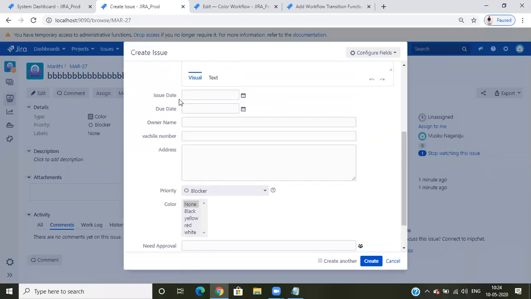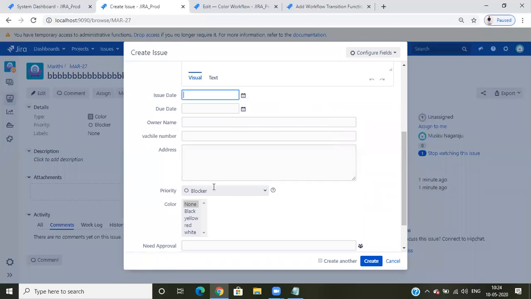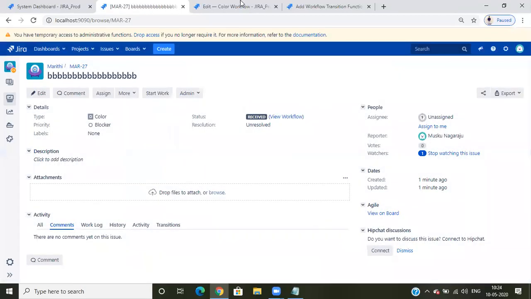So I have some issue date. Okay. So issue date, I'll not select anything. But once the issue has been created, I want to capture the current date. Current date means today is the 10th or something. So the current date and time should be captured automatically. So we'll see how it works.